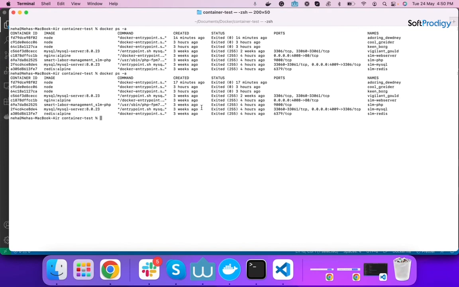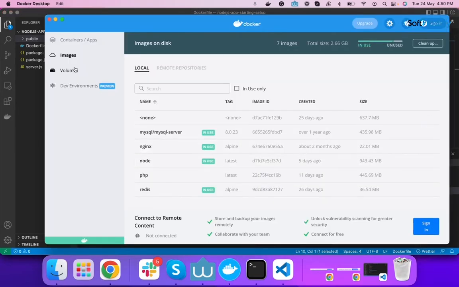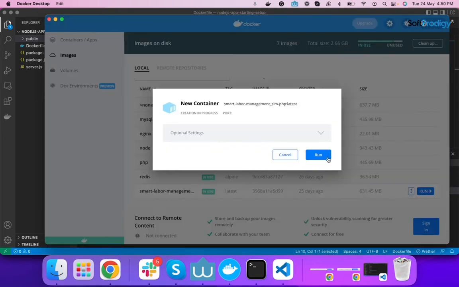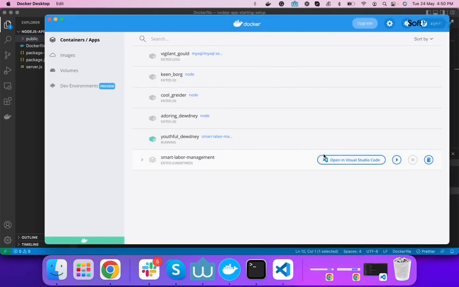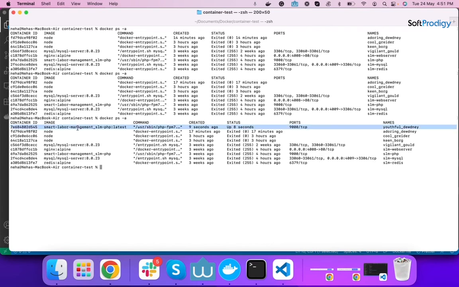Let me just have a look. Okay, it's up. So this is our container.